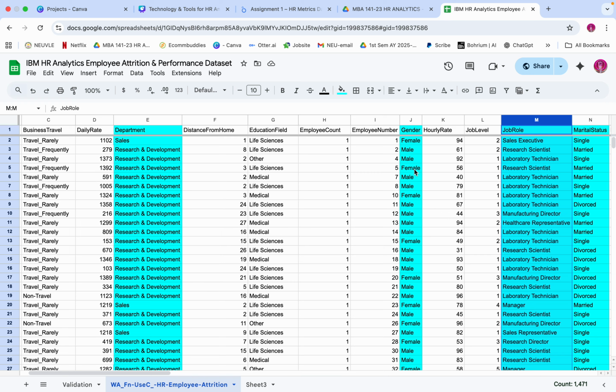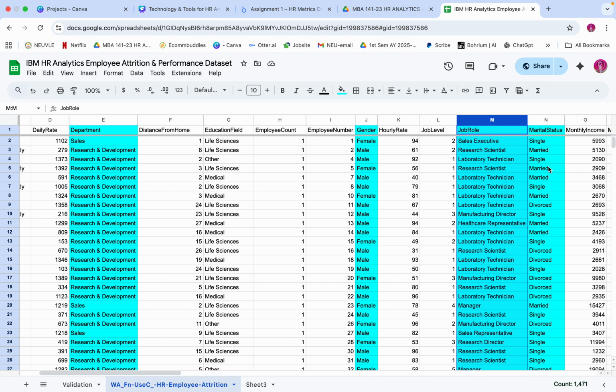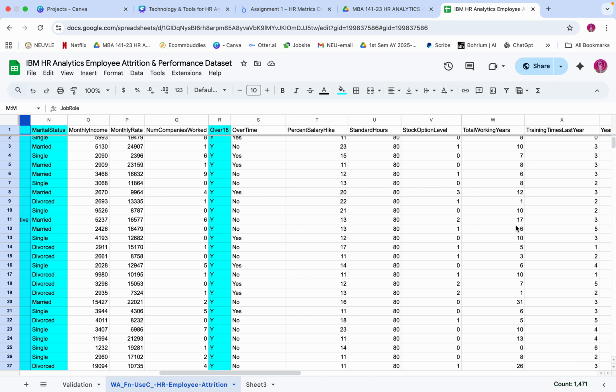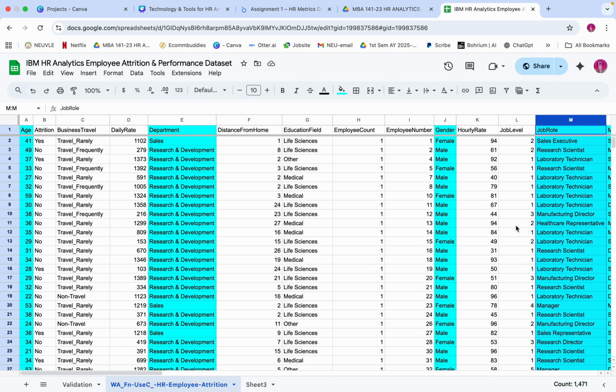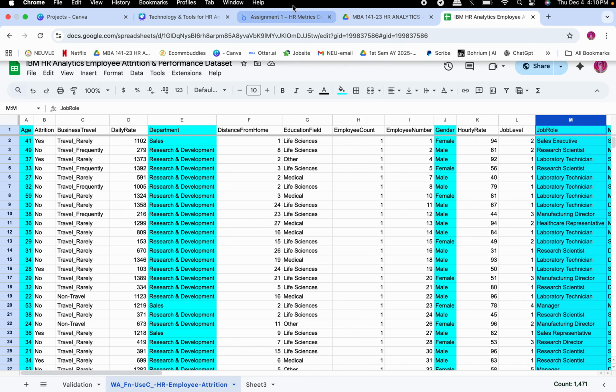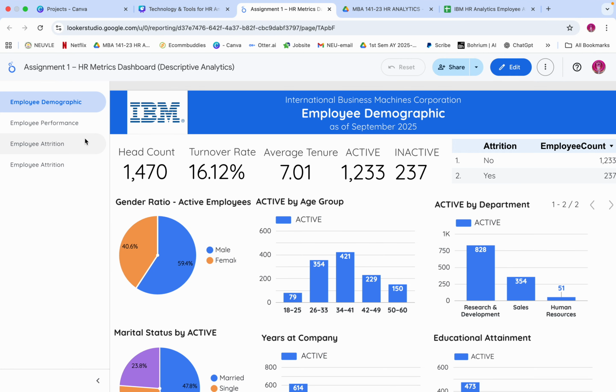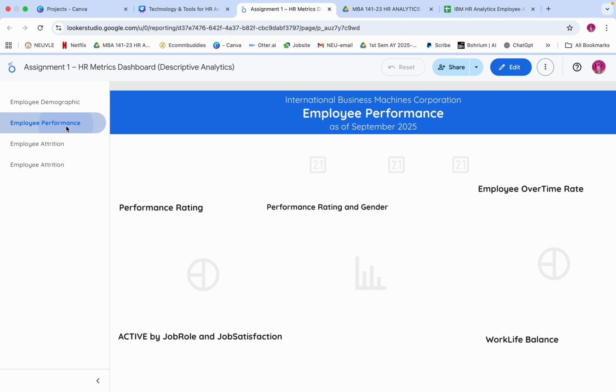Gender, marital status, department. We have here the department, monthly income, and so on. So this dashboard comprises pages such as demographic, this one, the demographics, the performance,